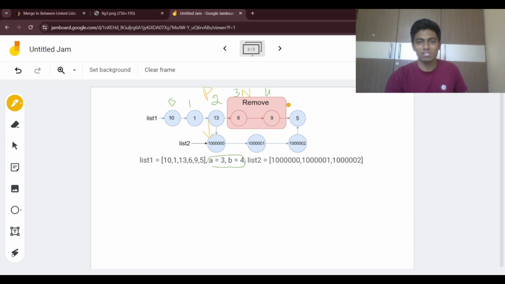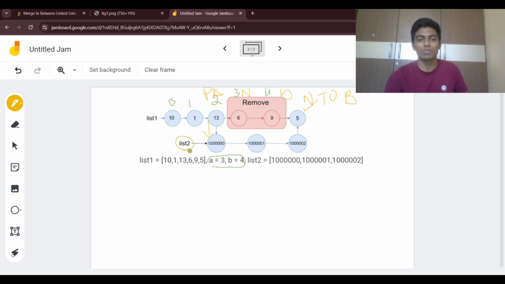And one more thing is, suppose when I come to b, this will be b. Now when I want to remove this total part, I need to get all the nodes which are present after b. That means I need to know the next node to b. So when I want to remove a and b, I need to know the previous node to a, and the next node to b, such that I'll match the previous node of a to the